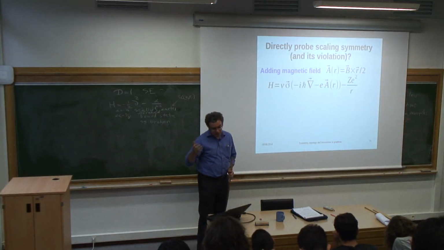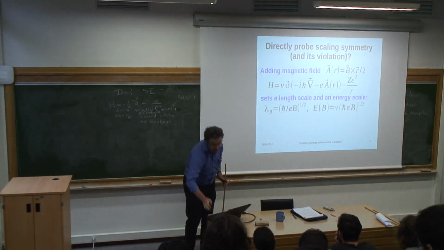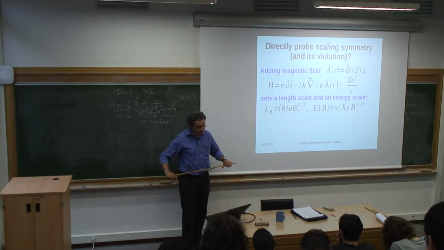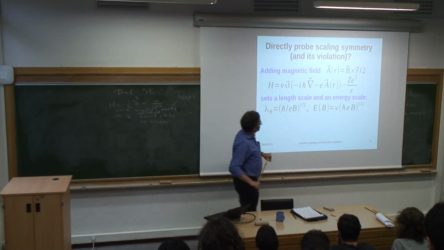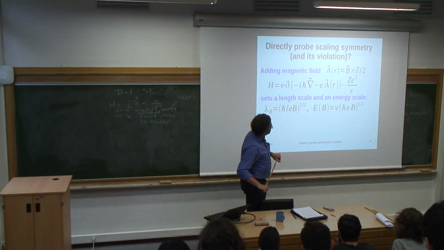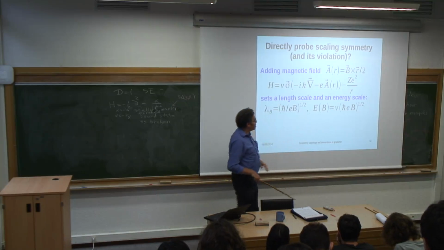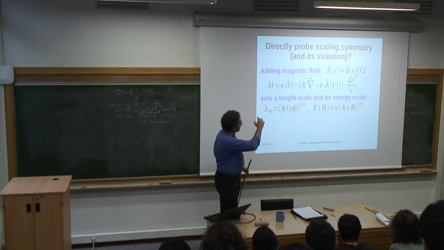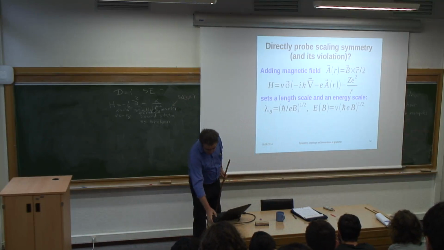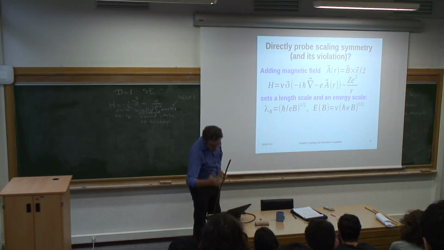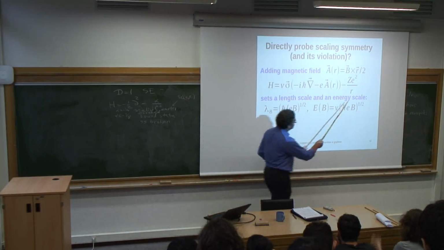And importantly, there is no other energy scale you can construct. Because of that, you can argue that every observable should be a function of energy divided by this energy scale. And that means in particular that the energy levels will scale with B as